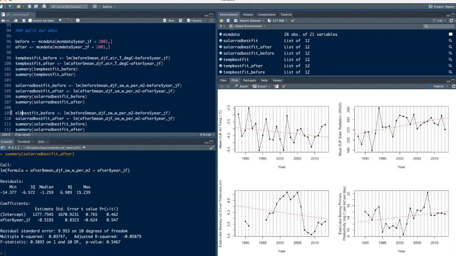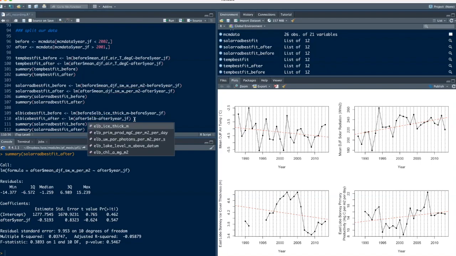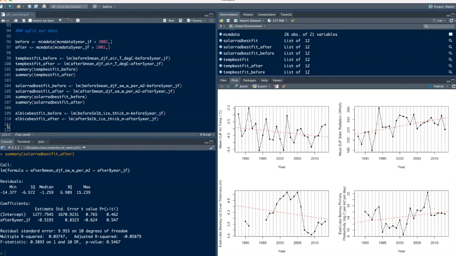East Lobe Bonnie, so ELB, and then ice, best fit before. We'll change that to no longer watts per meter squared, but East Lobe Bonnie ice thickness. Then we can delete out our solar radiation and paste in ELB ice. That's our after data set, and we want that to be East Lobe Bonnie ice thickness. We don't need to look at the summaries here. You can certainly look at that if you want to, but don't let it get in the way of making